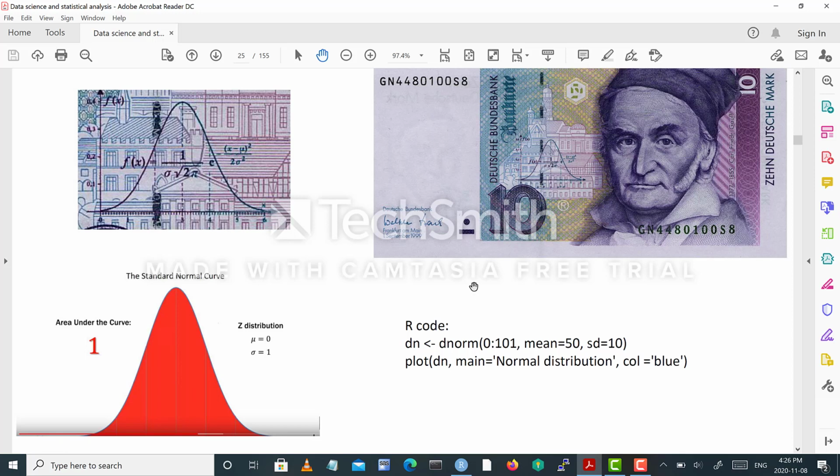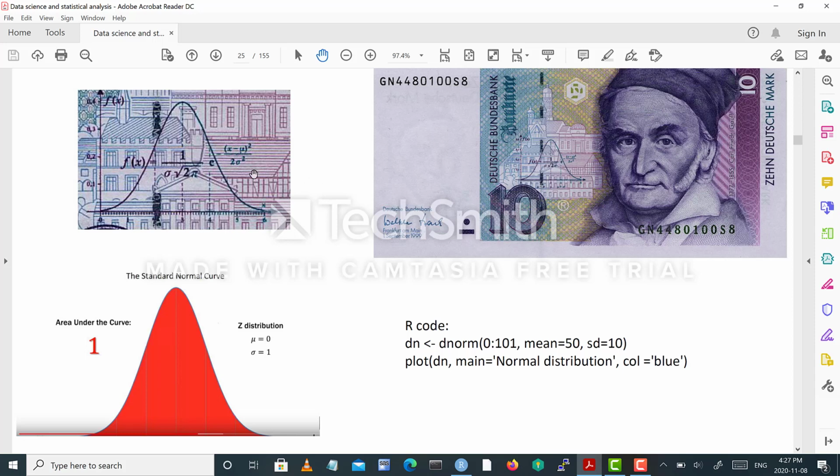As you see, in honor of Gauss, there is a German mark note, which is the 10 mark, with both the photo of Gauss and also a graph of the